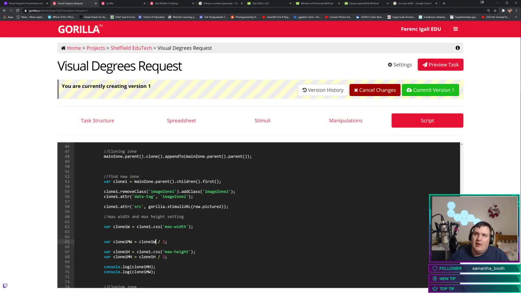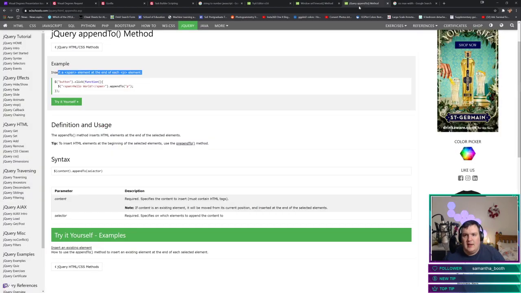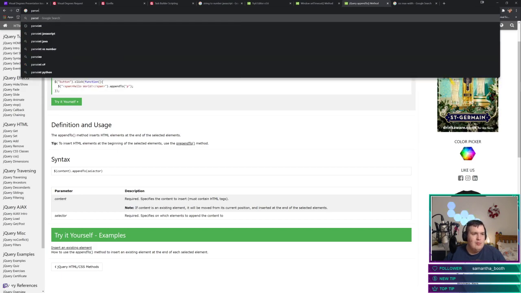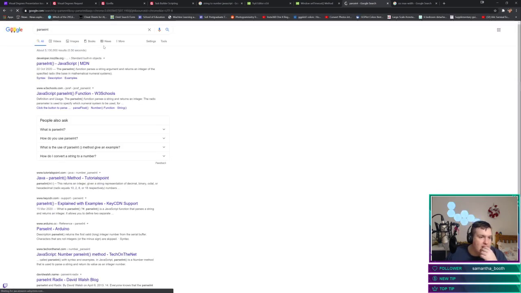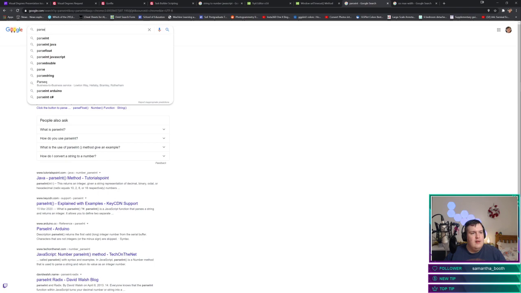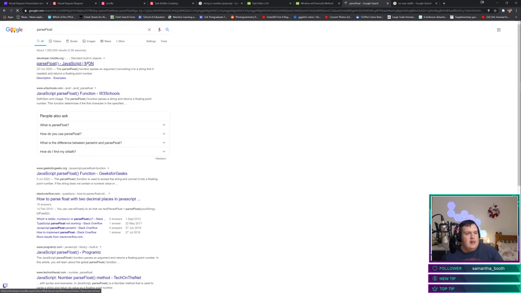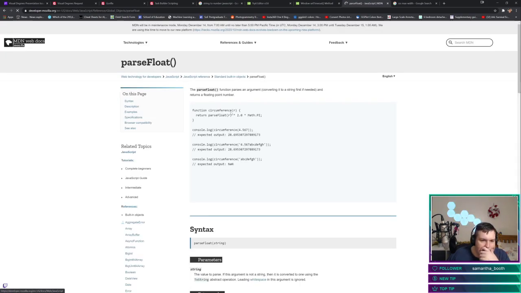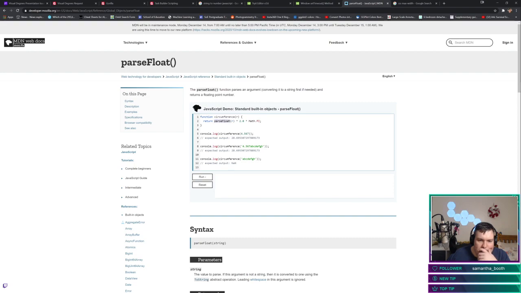Considering we're probably going to get some decimal points, we probably need to use parseFloat, sorry. parseFloat converts a string to a floating point number, so it has decimal